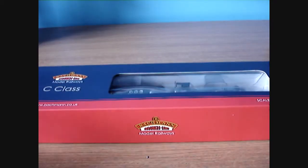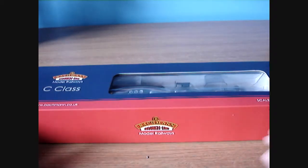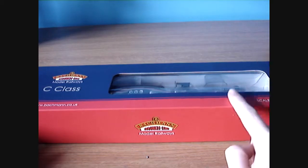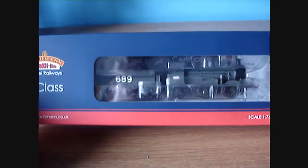Hello everyone, so I'm going to do a review which is brand new. Not brand new as in this is the first one I use. I'm doing a review straight from when I get it. So I've just come home from school and I've found this waiting for me, which is the Bachmann Collectors Club